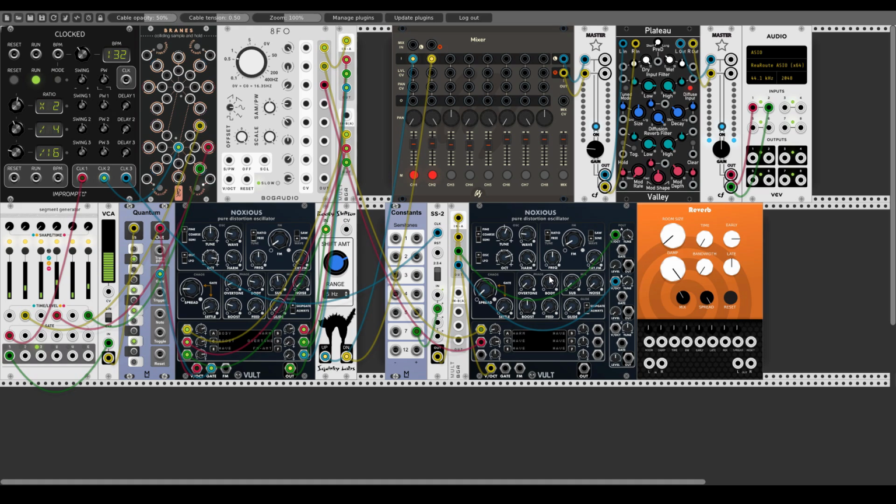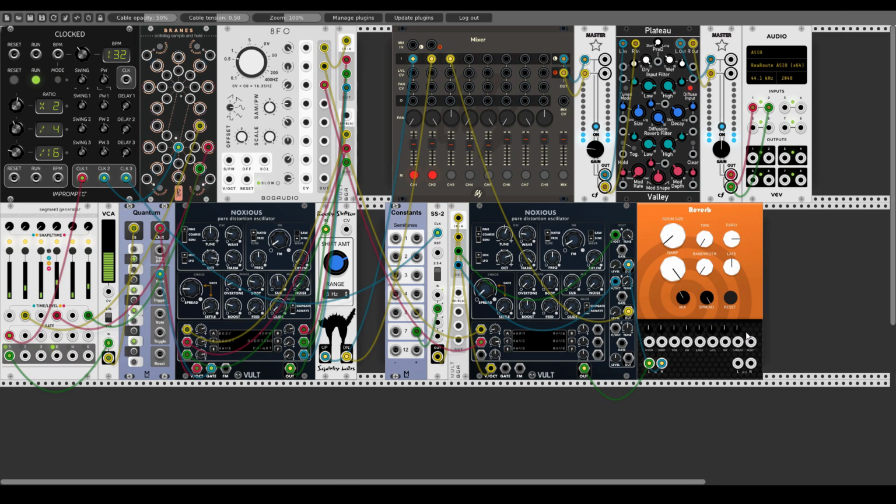And let's send the main oscillator and the one that's tuned an octave higher to the reverb. So this is the main oscillator, this is tuned 1 octave higher, goes also to the reverb. And let's send the third oscillator directly to the mixer. This is the one that is tuned an octave lower. This will be in the middle.